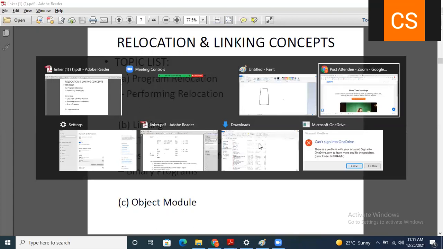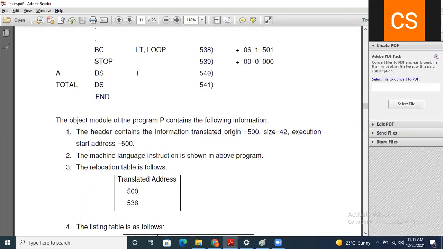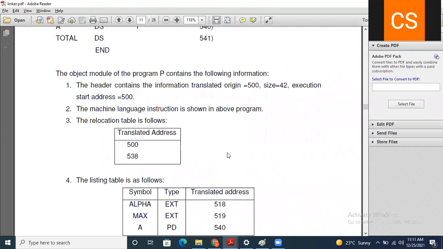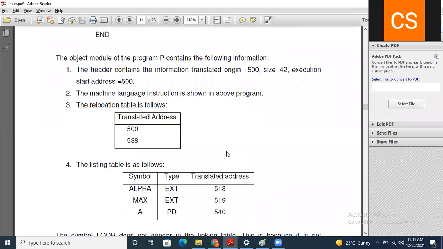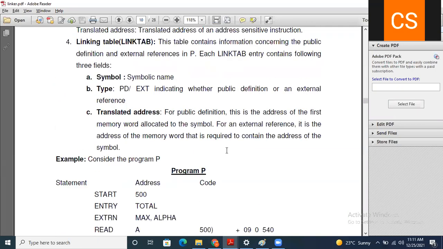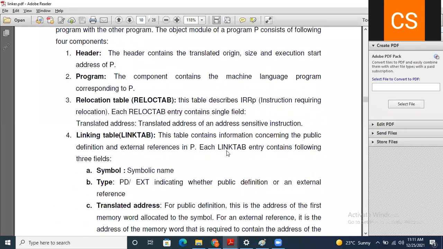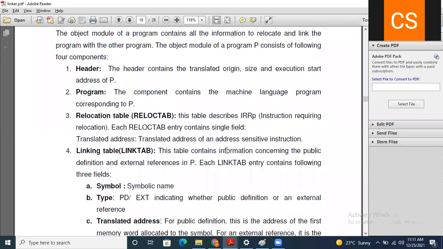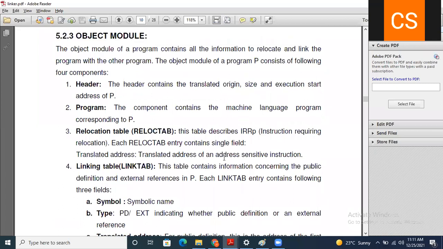In the object module, it actually contains a header, then the machine language program, relocation table, and linking table. This is a favorite question in the university exam.